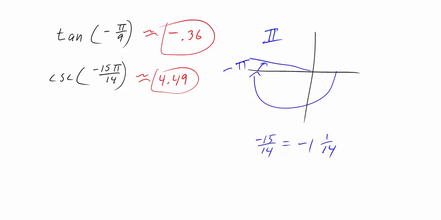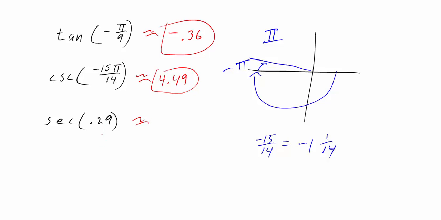Okay, and one more, and again, hopefully you're trying to pause the video and see if you can do some of these on your own. Let's say we have the secant of 0.29. All right, now the question is, we have the secant of 0.29. Is this number 0.29, is this in degrees or radians? At first you may think it's in degrees because you don't see a pi, but